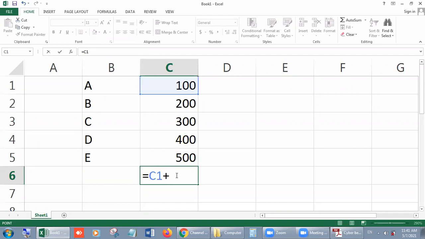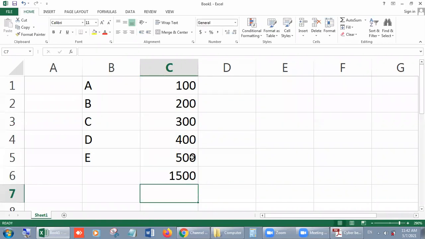Now if you want to add them, press the plus button and select the second value, then plus, then the third value, then plus, then the fourth, and then plus, then the fifth value. And if you have more than 5 values, you can follow this procedure up to the end, right? And at the last, when you select and give the plus marks, then press the enter key like this. When you press the enter key, the total of these values automatically comes into the selected cell.